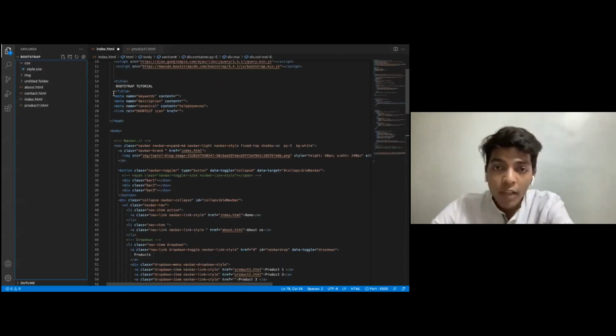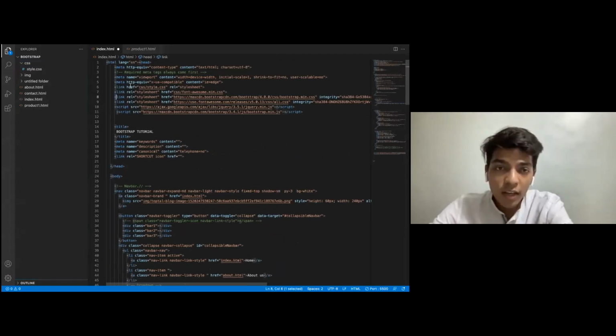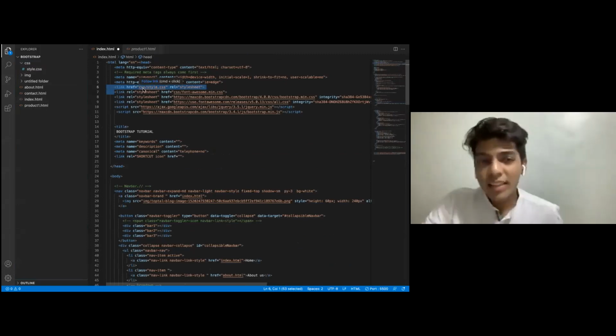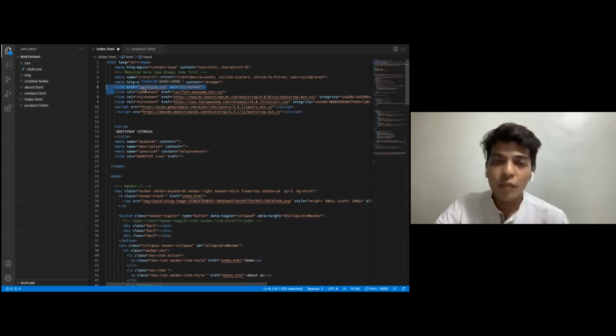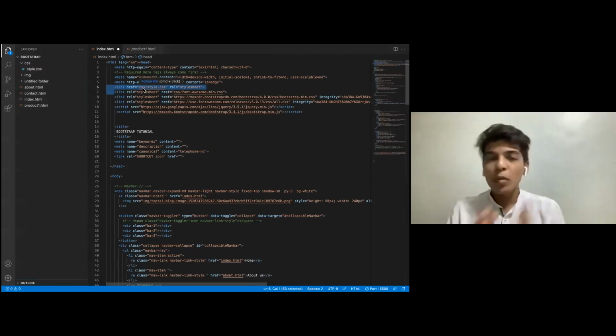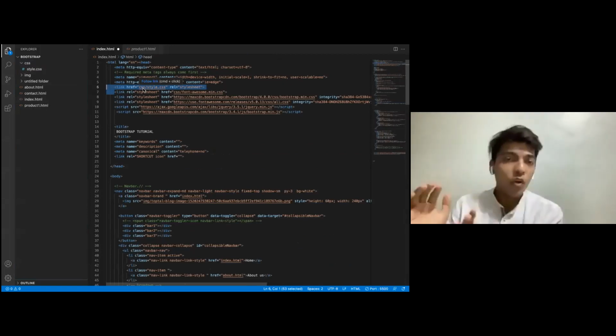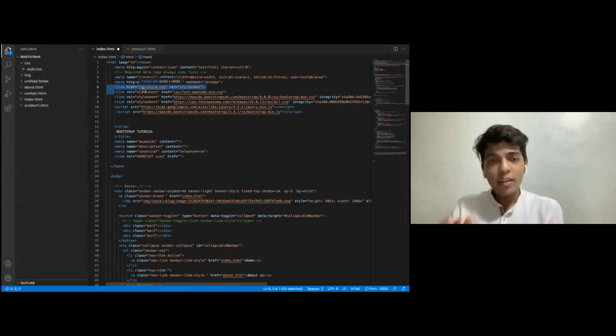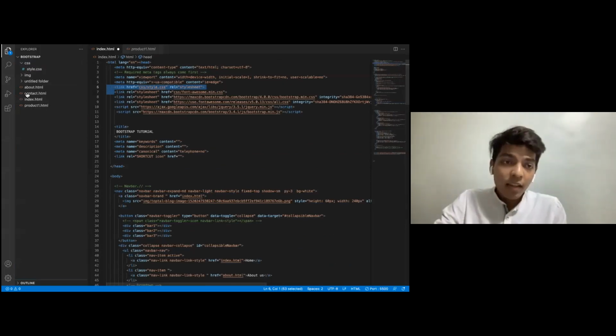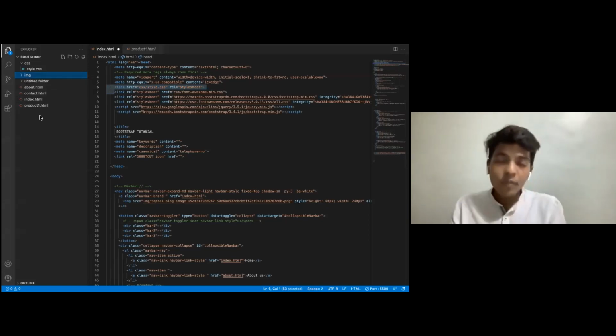As I told you yesterday, we were using CSS, but the reason we use a CSS folder and assign style.css to that folder is because there are many different types of styles that we do. Everything in CSS would be very organized so that we know this particular folder has been assigned just for styling. This particular folder is just for images, and the rest are the different pages of our website.